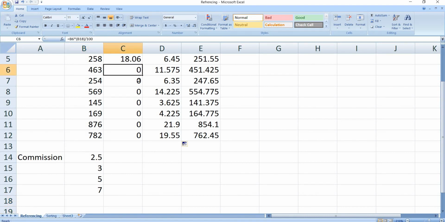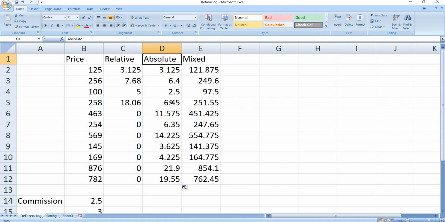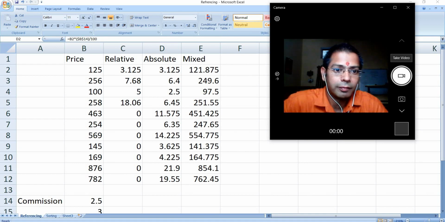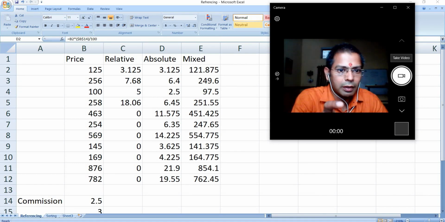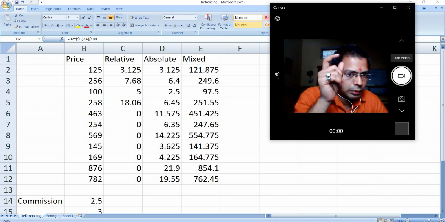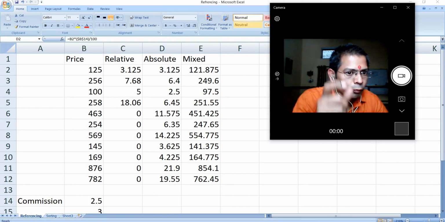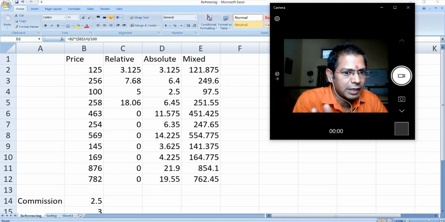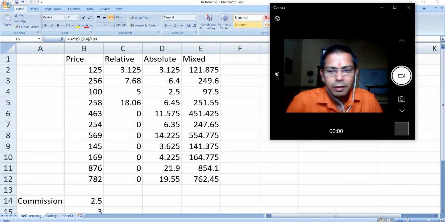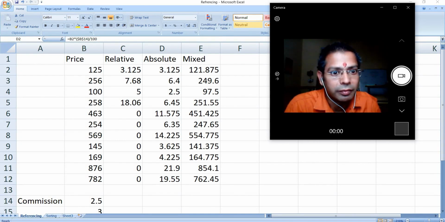That's why the commission is 0 here. So there should be no more confusion about it. Because of taking the dollar symbol before the column name and row number, we got the calculation in this way.